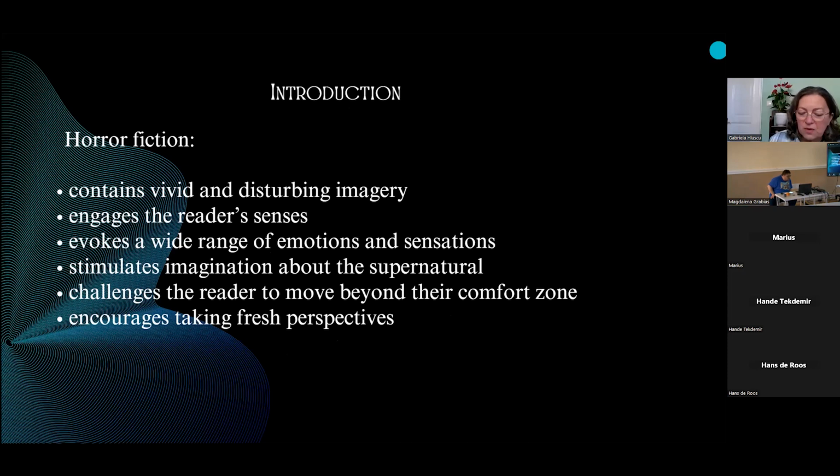The use of imagery does not necessarily depend on the literary genre, but more on the author and his personal writing style. Nevertheless, it is well known that horror literature relies heavily on very vivid and disturbing imagery in order to create a state of fear or horror. Considering the intensity of the emotions that a piece of horror fiction can arouse, one might think that this particular genre engages the reader's senses more than other literary genres, evoking a wide range of emotions and sensations in order